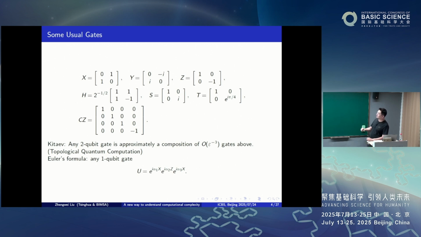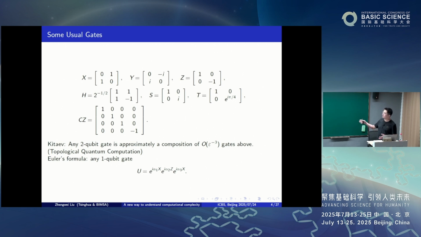Yeah. And also for this T gate, for a quantum computer, you can run error correction to implement those other Clifford gates in a more accurate way. And for the T gate, it's very special. There is a tessellation method to make that more accurate. So there are some methods to improve the accuracy of those gates. But in general, if you can build those gates in high accuracy, then the more the better.